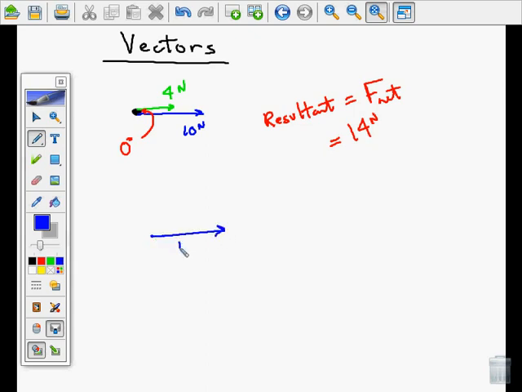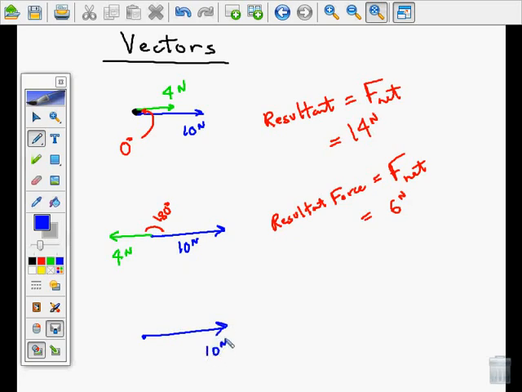If the two forces are going in the opposite direction, and the angle between them is 180 degrees, then the resultant force, which is equal to the net force, would be equal to 6 newtons. You subtract them. And then finally, if you have the two original forces at a right angle,